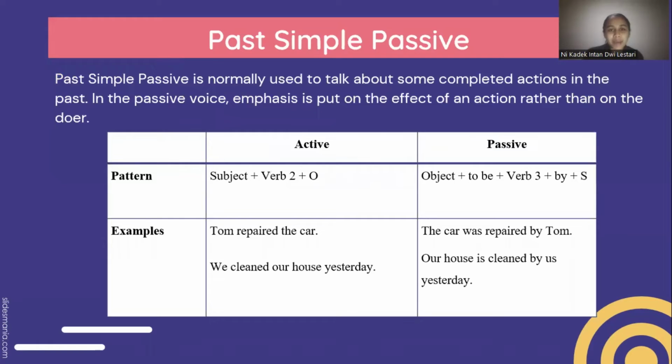And then past simple passive. Past simple passive is normally used to talk about some completed actions in the past. In the passive voice, emphasis is put on the effect of an action rather than on the doer. I have patterns of past simple passive. The first one is the active sentence. We use subject plus verb 2 plus object. And then for the passive sentence, object plus to be plus verb 3 plus by plus subject. And for the examples of sentences,